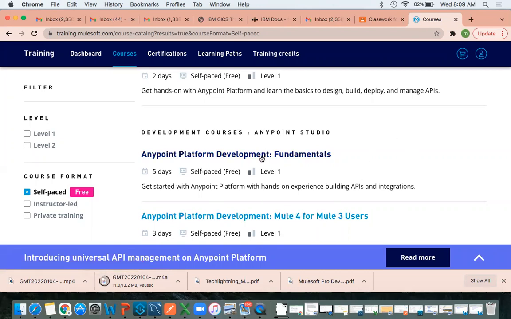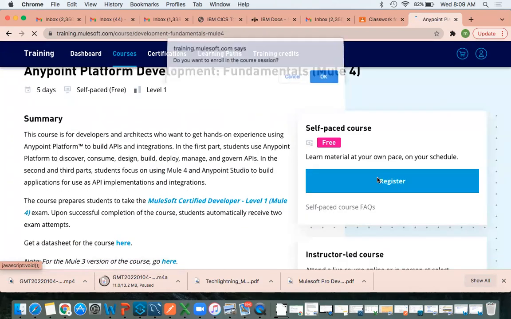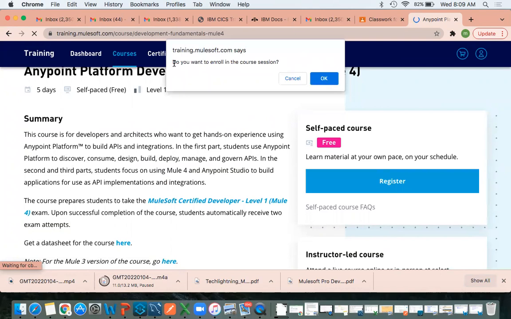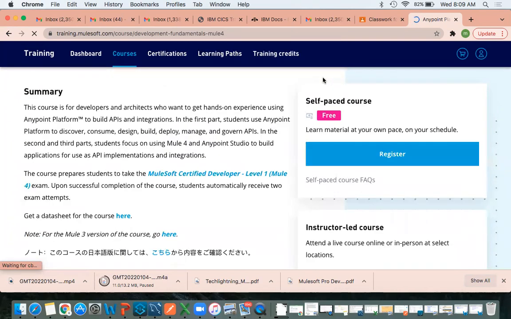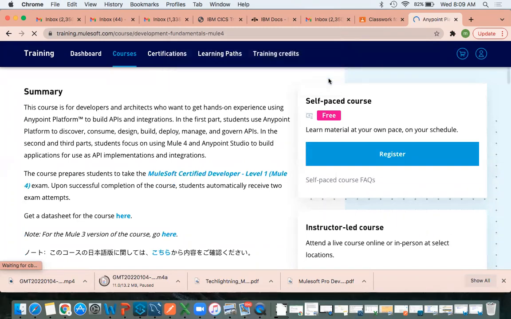Select any one of these links and click on it. Guys, this is very, very important if you want to get the voucher. Next, click on register. It will ask if you want to enroll in this course session. Yes. See, enrolled in the course session. Click on OK.